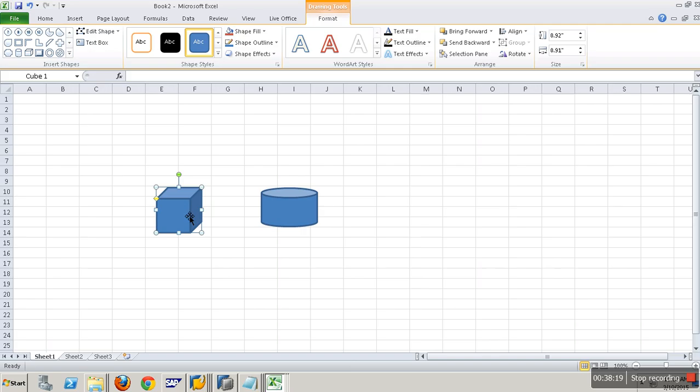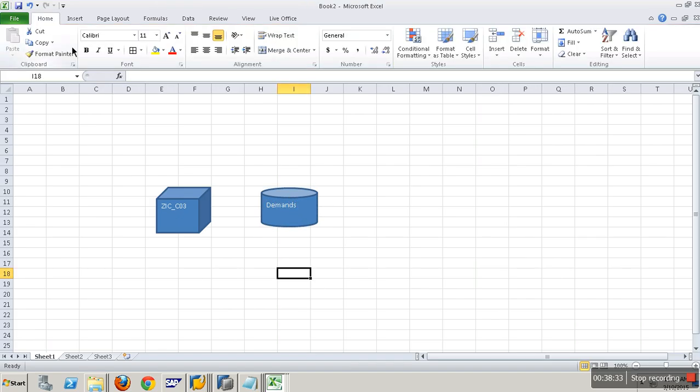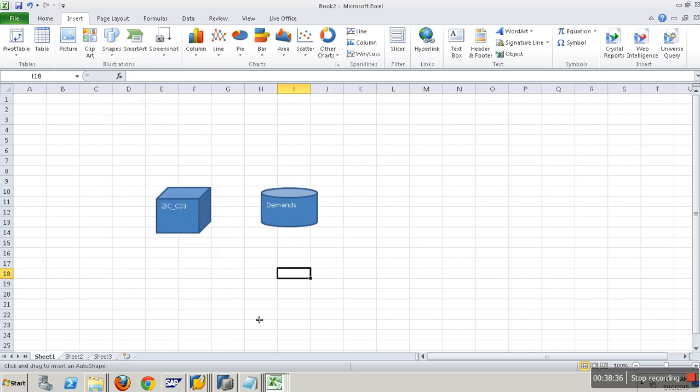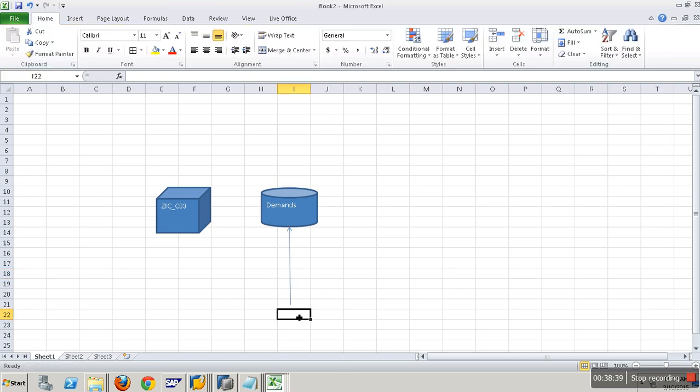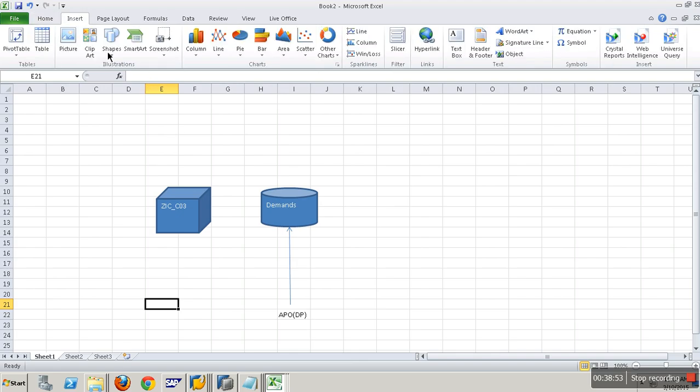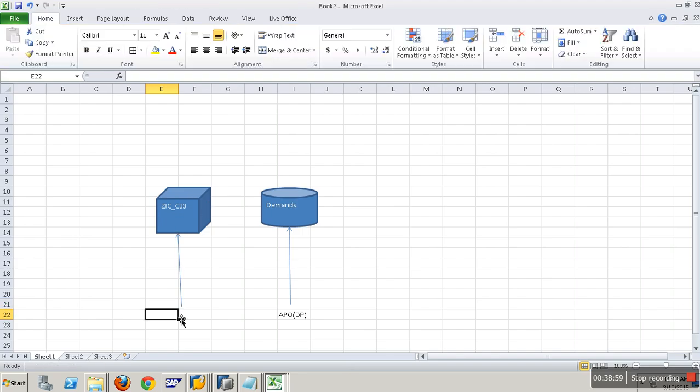This is ZIC_C03Q, the demands DSO, and this is getting fed from the APO demand planning system. Extracting data from APO is pretty much the same; APO is either installed from business content or a generic extract. Then the demands are getting from inventory, from BX, from where? From ECC.